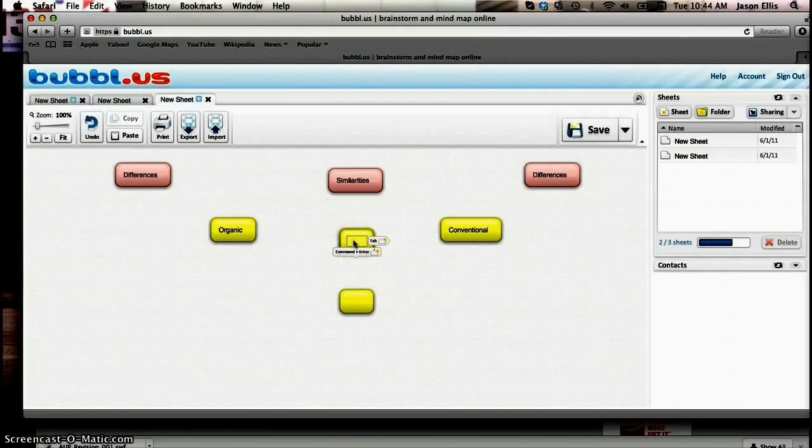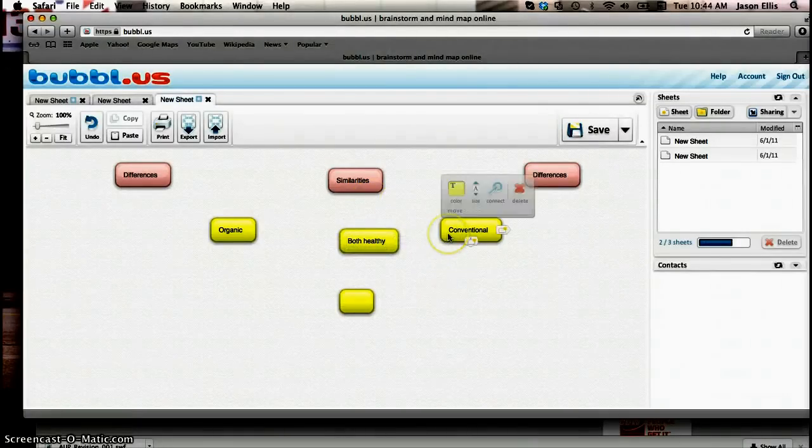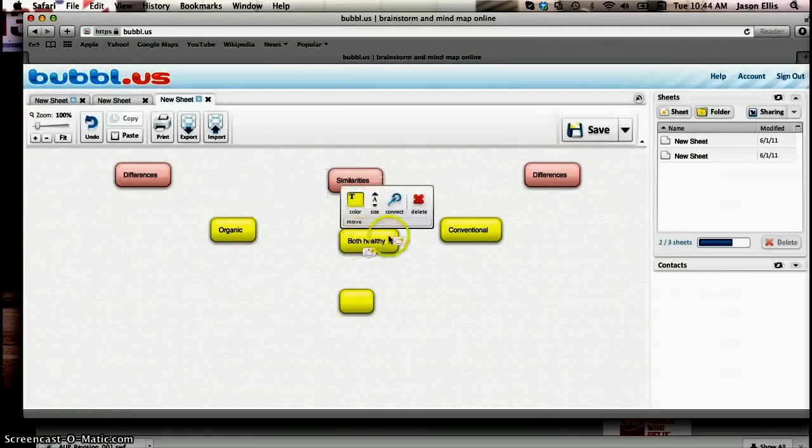So on here, both are healthy. Okay, so once I've got that though, I'm going to want to connect these so it makes sense that they both go to this node, right? Both conventional and organic. So if I hover over this and I hit connect,